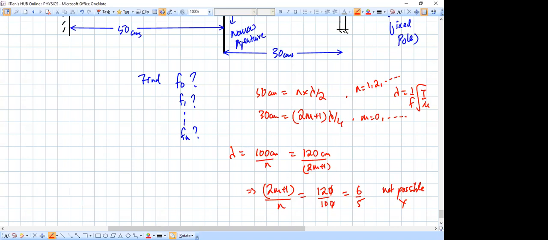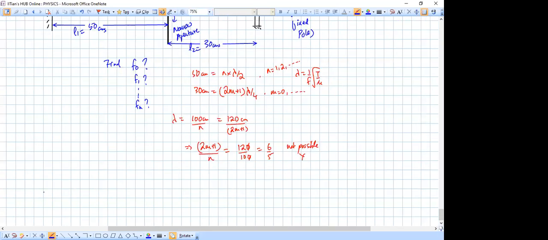Okay, so this L1 is this much and this L2 is this much. Okay, now suppose we change the values of L1 and L2. Now next example, if I take L1 as, let us say, 60 centimeters instead of 50, and I take L2 as 100 centimeters instead of 30,